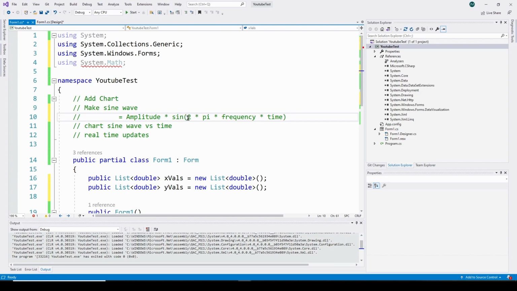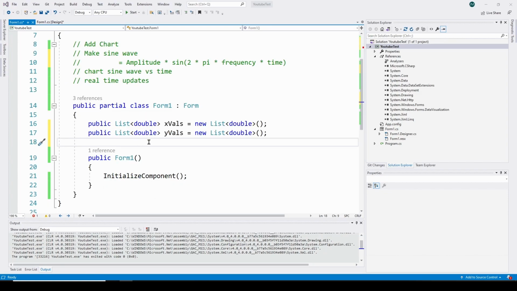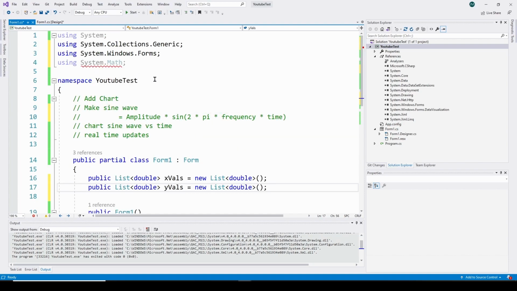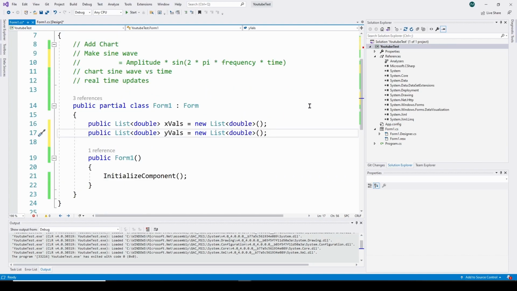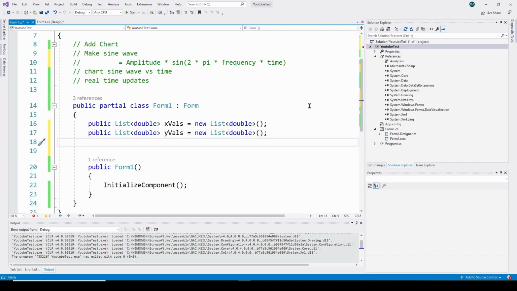And inside the sine function, you've got 2 times pi times whatever frequency times the time value. So we're going to have time values, which are these x values. We're going to figure out what the sine function gives us, and that's going to be the y values. So now we should be able to go down here and write some code using this System.Math and generate a sine wave. So let's say double sineVal